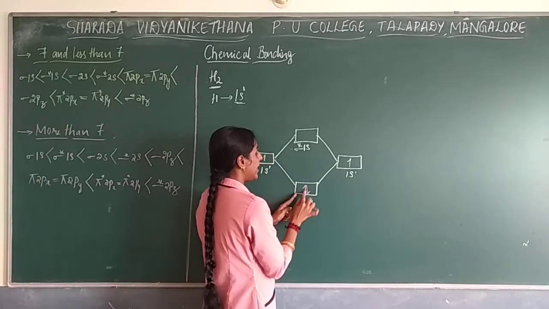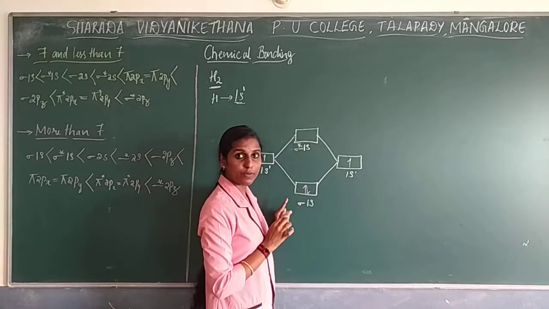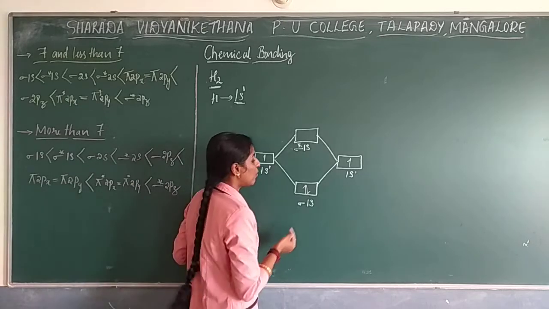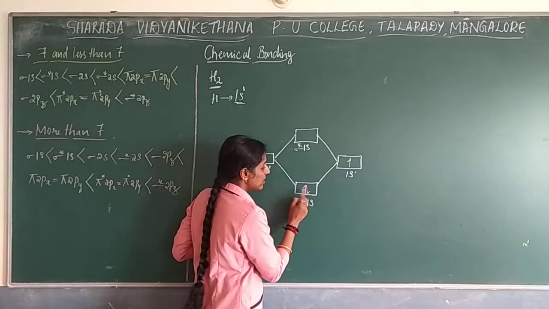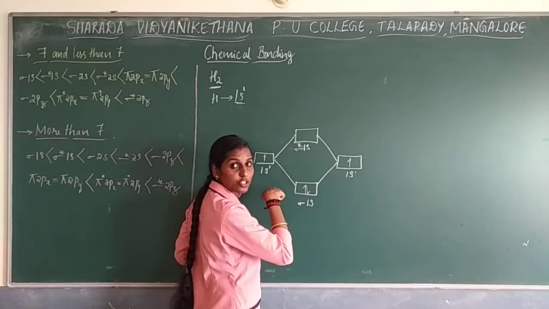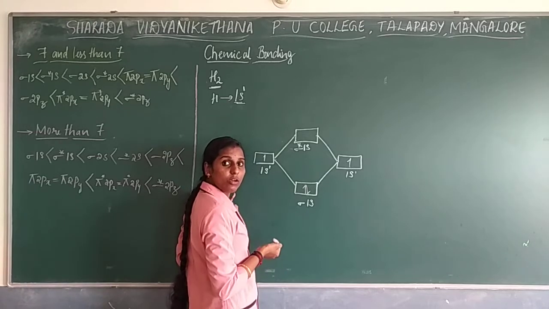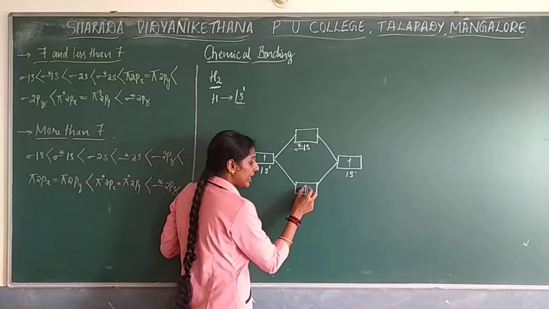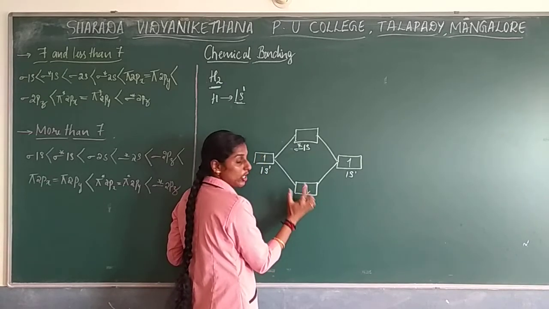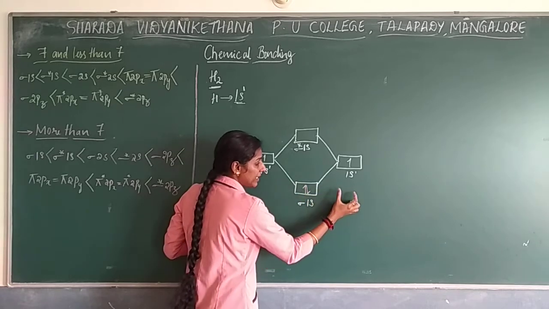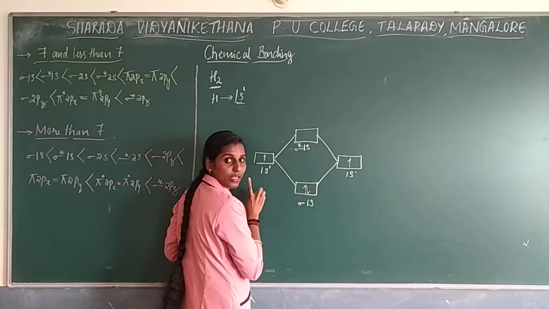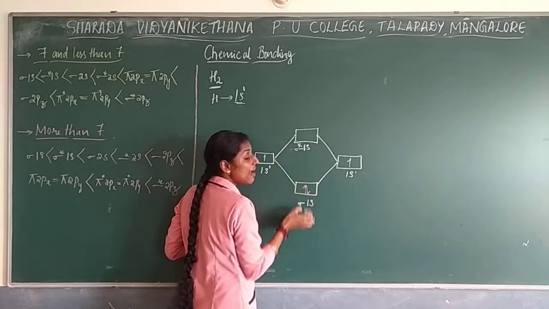Can I write 1 electron here and 1 electron here? No. According to Pauli's exclusion principle, if paired electrons are present, one electron is shown with an upward direction and the other with a downward direction, right? And according to Hund's rule, when you are filling electrons, if orbitals have the same energy, first one electron is filled in one orbital, and if another orbital of the same energy is present, the next electron goes to that orbital. But when you compare these, both have different energy.